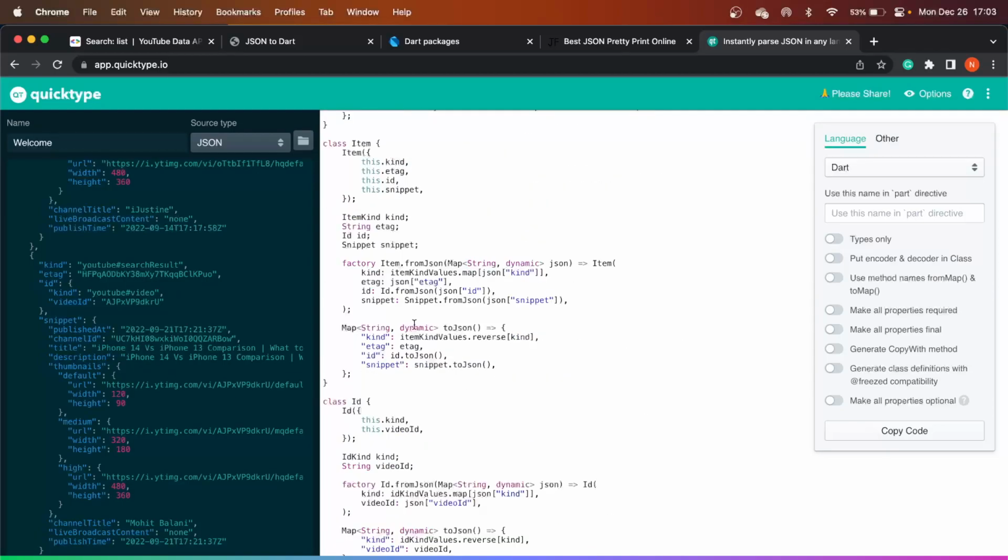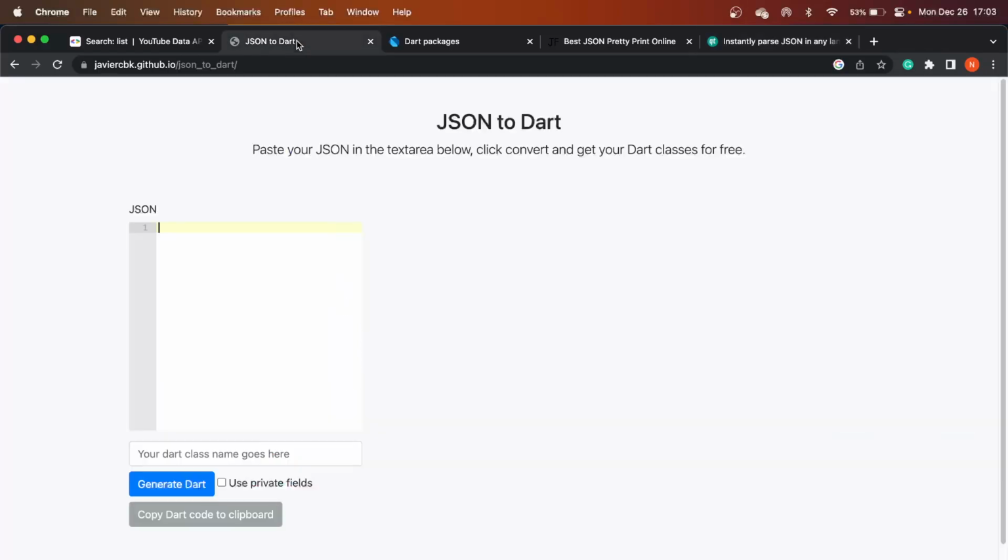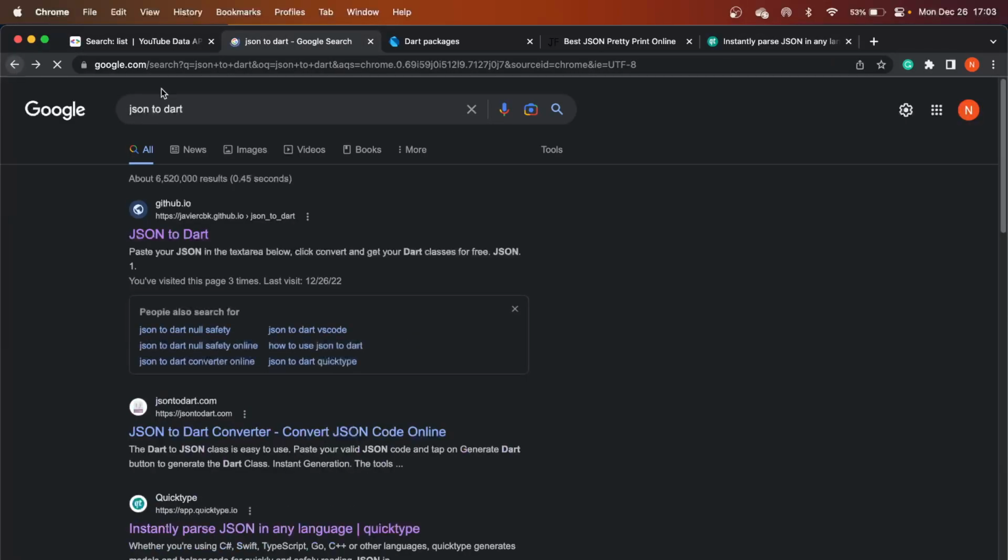For example, in the snippet, let's have a look at snippet. Sometimes maybe the description may come in as empty. Sometimes the thumbnails, maybe the default or the high resolution thumbnail is not available, or the publish time is not available. I can tell you for sure, even in YouTube, there are certain places where I'm sure some of the things are nullable. So since this is not defining it as nullable types, I prefer to use another one, which is JSON to Dart. So just search for JSON to Dart, and then this is the website that comes up,